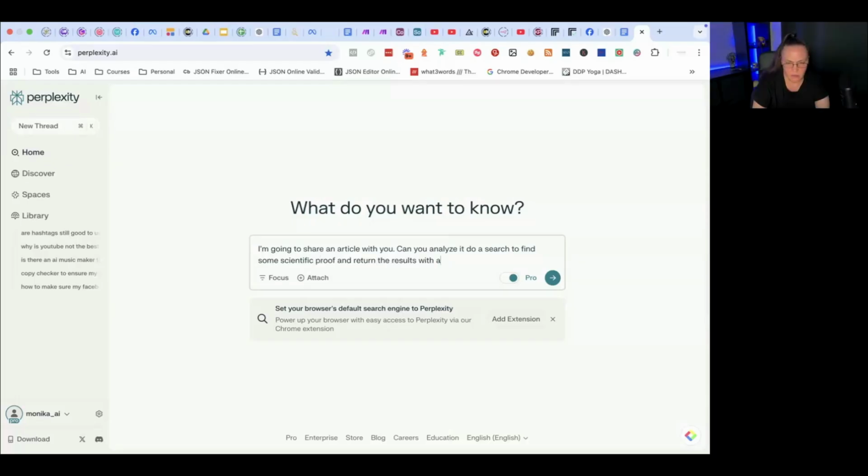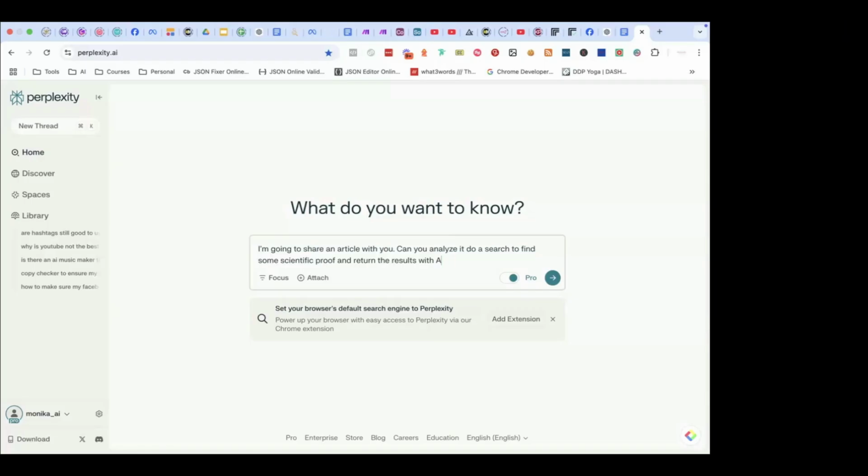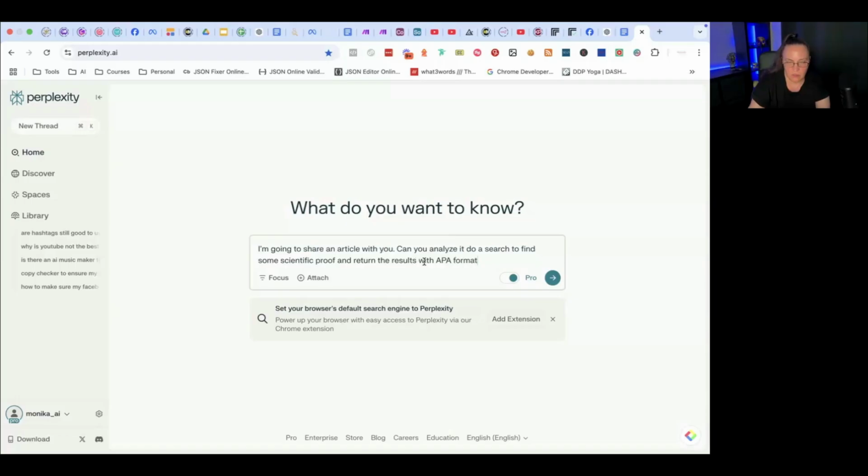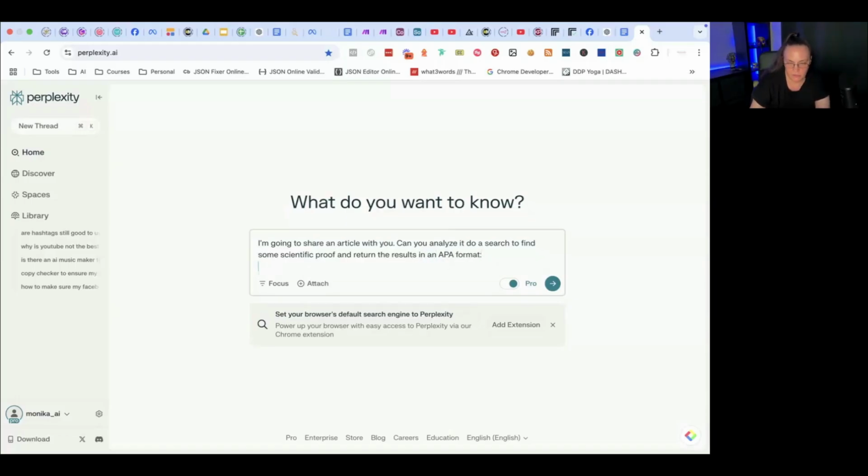Capital APA format. It's a specific scientific format. In APA format. Okay.